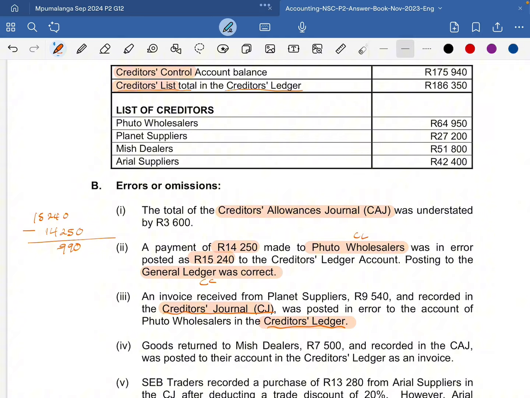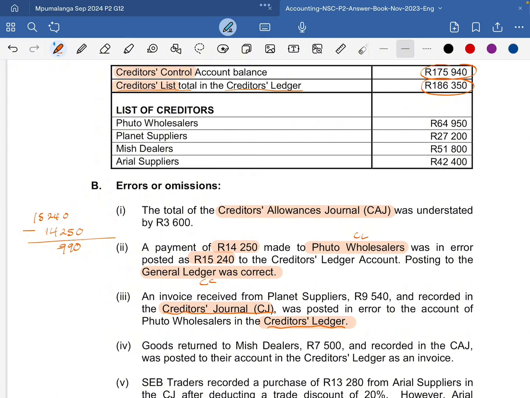Okay, so what we would need to do is make the correction on the creditors ledger, because what would need to happen in this case is us moving this amount of 9,540 among these accounts. Okay, or let me just talk about the affected accounts. Now remember that the amount of 9,540 is already accounted in this total and also in this total. So it is correct, the totals do match. It's just that we have recorded it to the incorrect